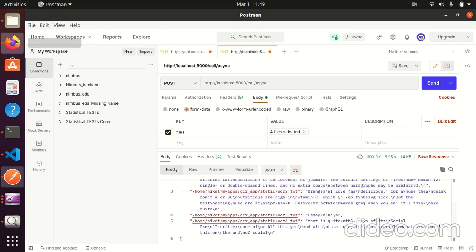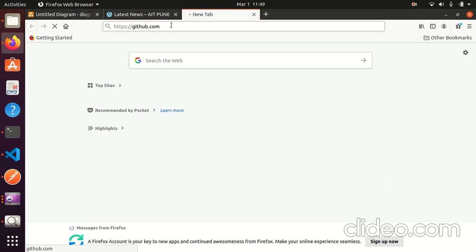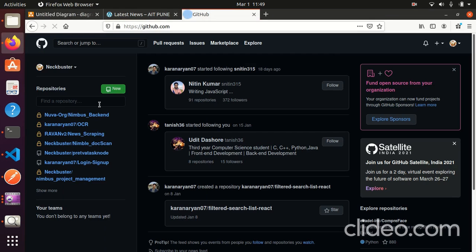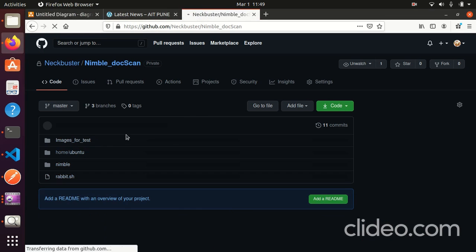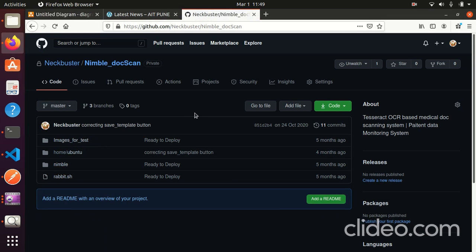Now I have used this same concept in the application that I built. This application is used for document scanning, in which I'm using my self-built OCR application with a React JS based user interface, where the user could upload his document and get his extracted data in the front end itself. So this is the GitHub repo for the application that I built.